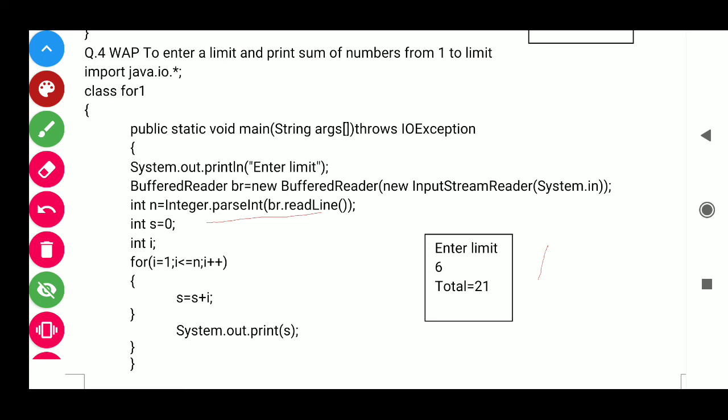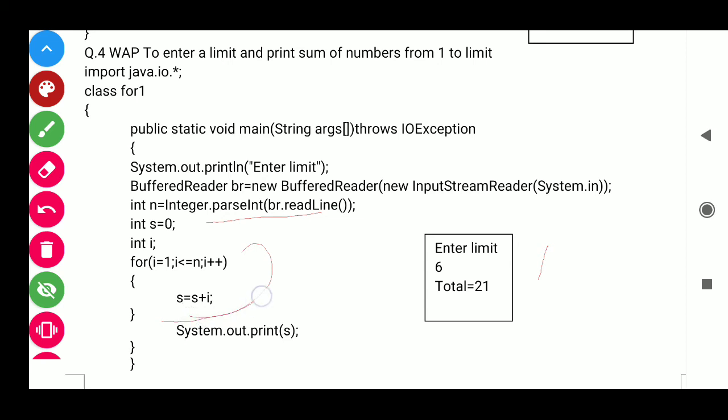Then control will go back to the increment. i will become 2, and it will go to condition 2 less than equal to n. Condition is true because n is 6 and i is 2. s is equal to s plus i. i is what? 2. s was 1. 2 plus 1, 3, and so on.